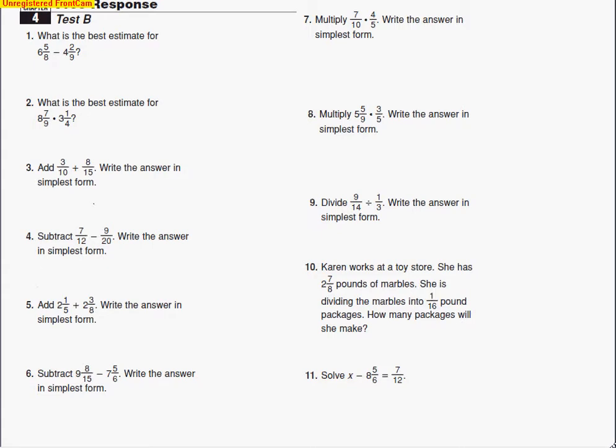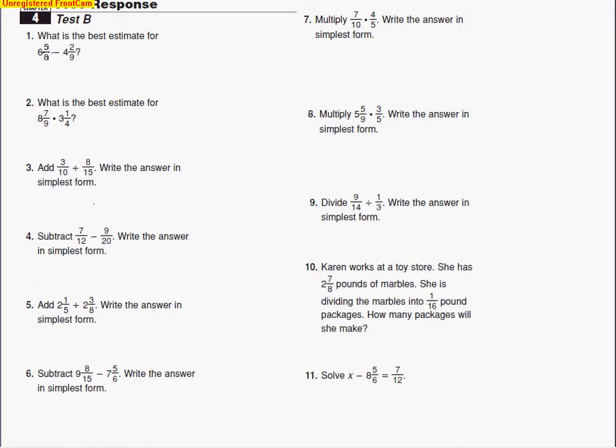These are the worked out solutions for the practice test for Chapter 4. So let's take a look at our first type of problem. It asks us to find the best estimate for this subtraction problem. And the key to remember for estimating is when we're dealing with adding and subtracting, we want to round to